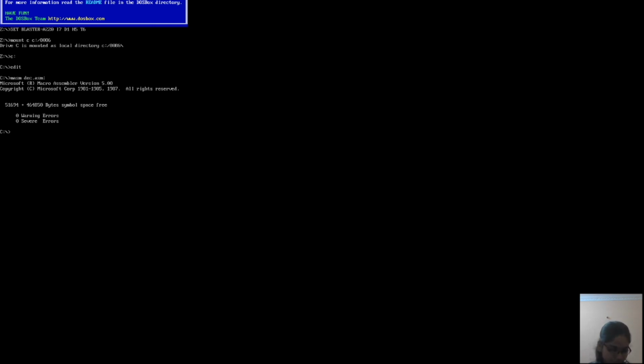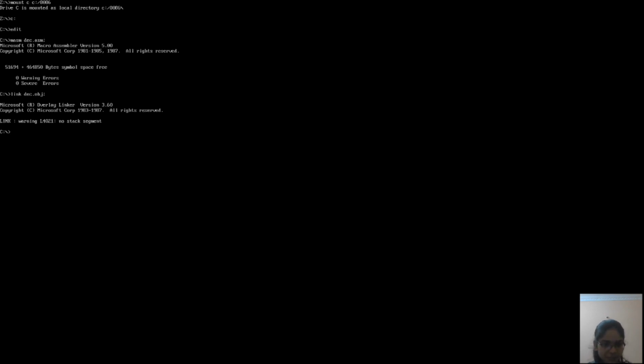So I am using link space my file name dec dot with the extension of obj. This obj indicates the object file and semicolon and I am pressing enter. So my file is linked. Now I am decoding this file using debug.